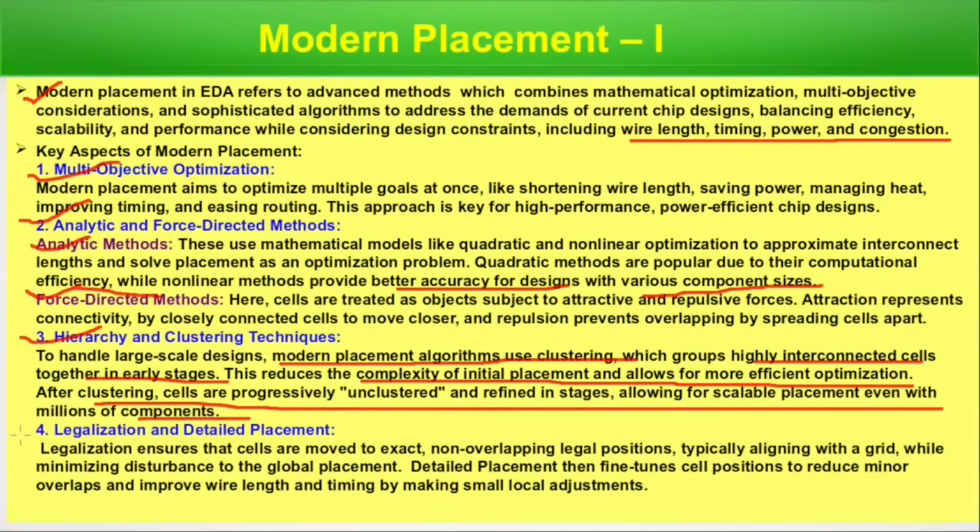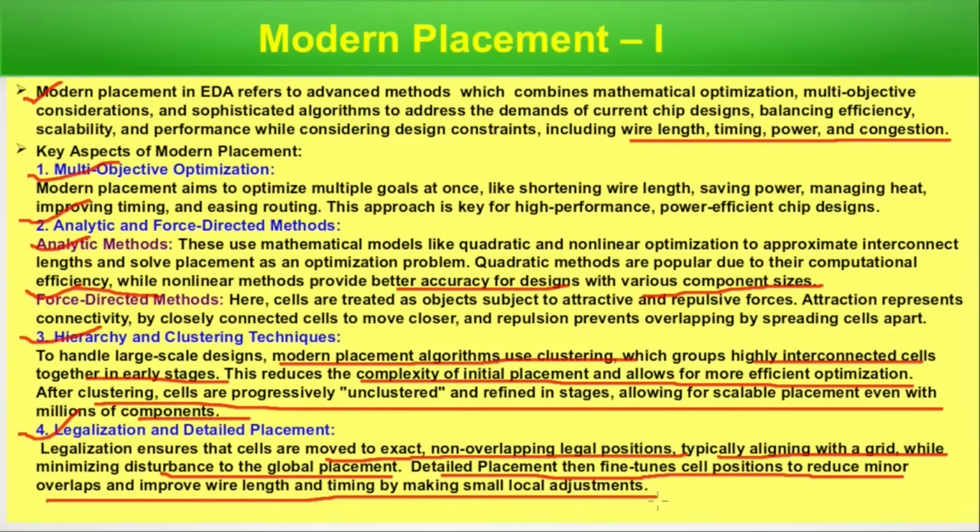So legalization and detailed placement. Legalization ensures that cells are moved to exact non-overlapping legal positions, typically aligning with a grid while minimizing disturbance to the global placement. Detailed placement then fine-tunes cell positions to reduce minor overlaps and improve wire length and timing by